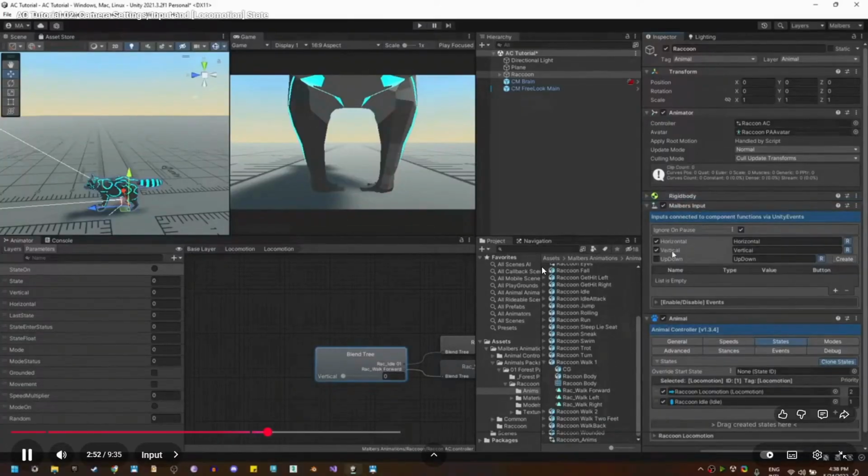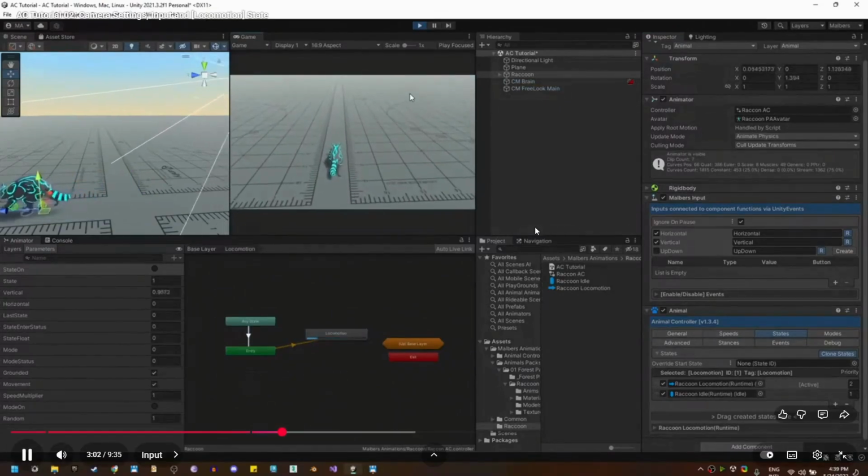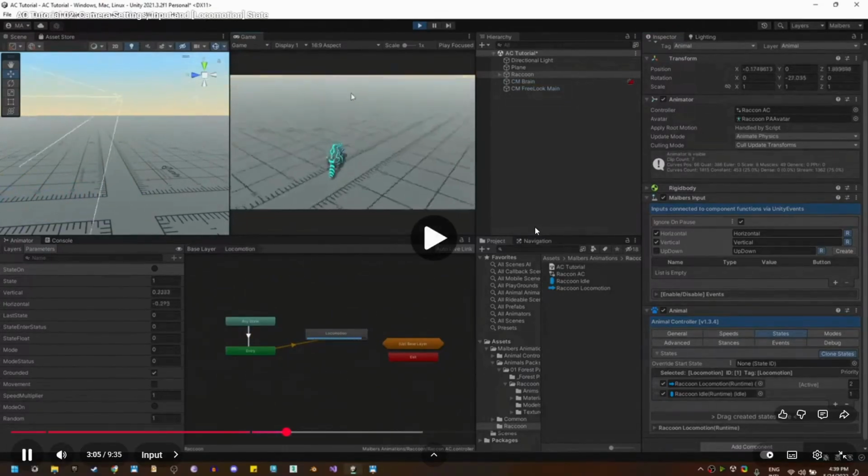This will create the horizontal and vertical connections to move the animal. Now, if I play and press the W key, he will move forward, and if I release the key, he will stop. You can see I did not use turning animations, so if